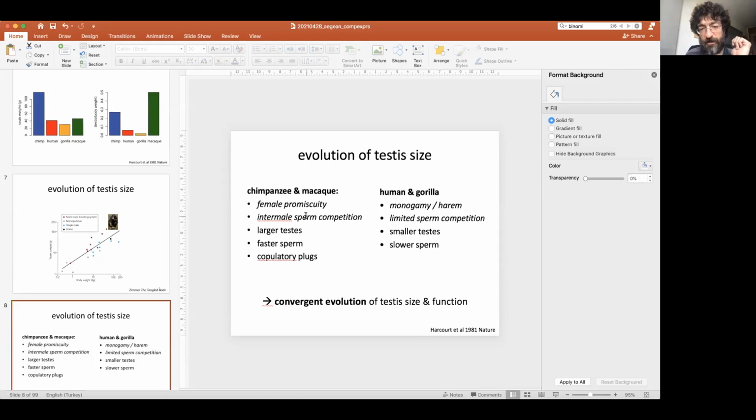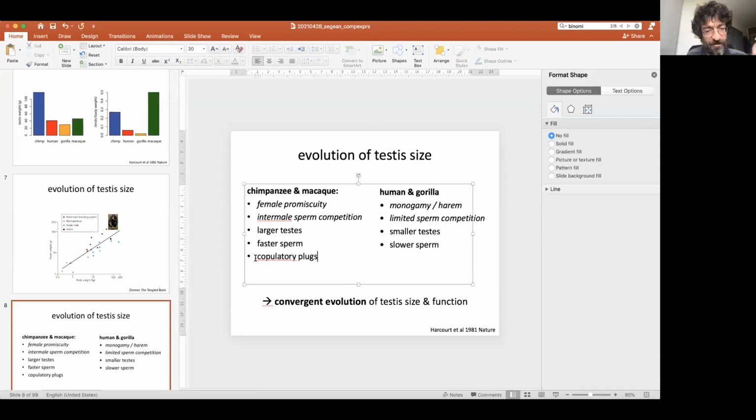And it's easy to conceive that that would drive large testicles and faster sperm, and also copulatory plugs that would help a male prevent a second male from successfully copulating and impregnating a female. Which are also seen, at least in mice. I'm not sure if in chimps these existed, perhaps in macaques, but at least in some mammals this is well documented. Some protein plugs that basically prevent the next male from fertilizing the female.